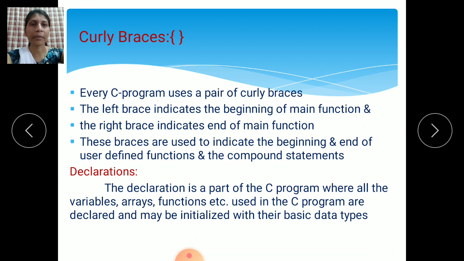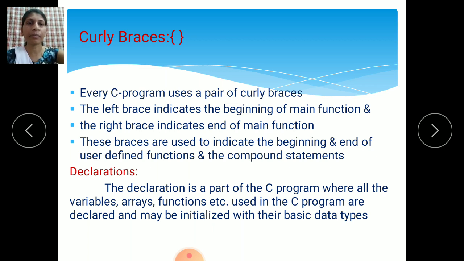Then curly braces. In C programming we use two curly braces, a left curly brace and a right curly brace, meaning opening of the program and closing of the program. That is the purpose of the curly braces. Every C program uses a pair of curly braces, one for opening and one for closing.